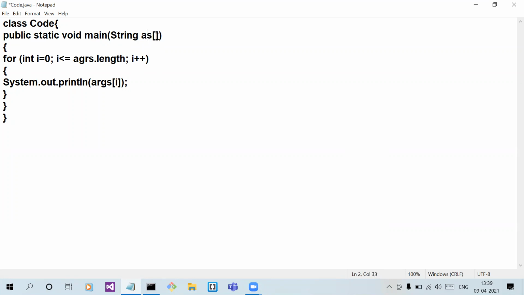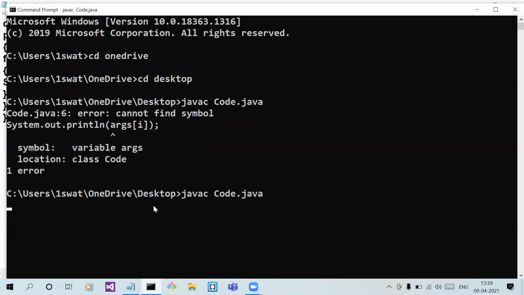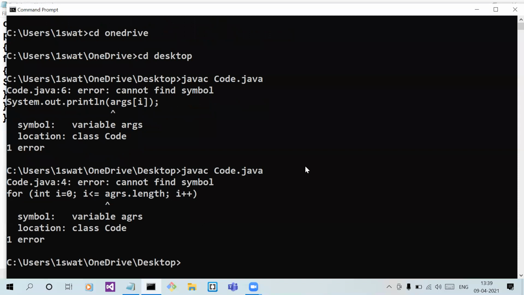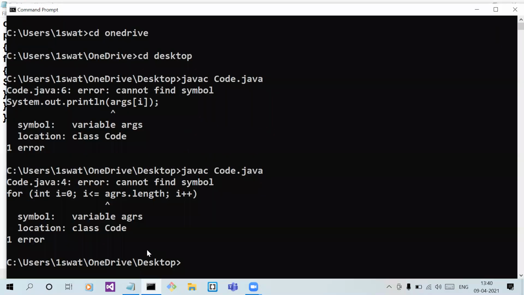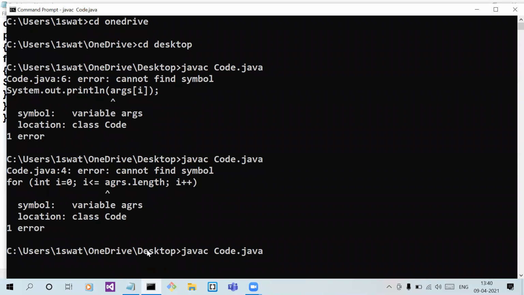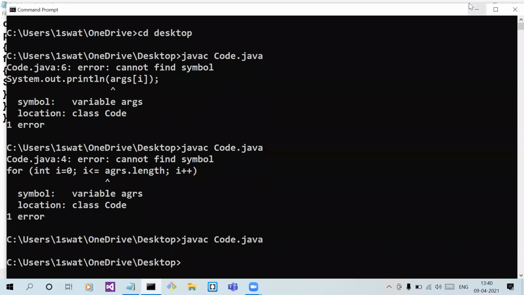Madam, the condition also needs to change. Yes, I wrote it. Okay, now my program compiled successfully.